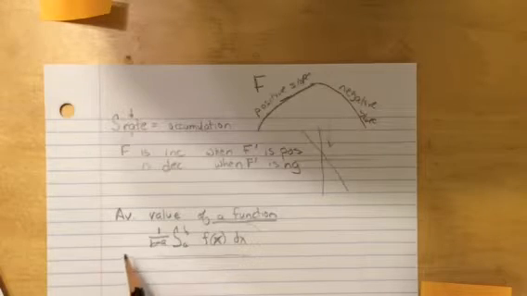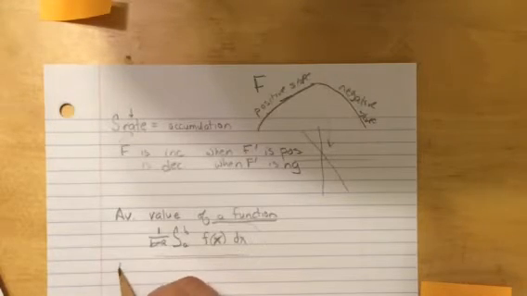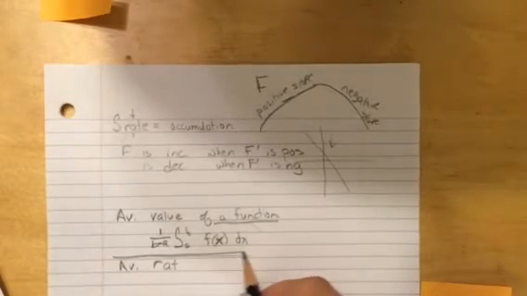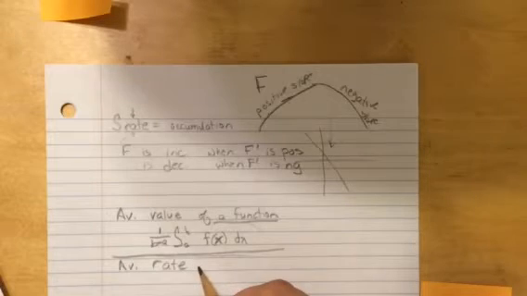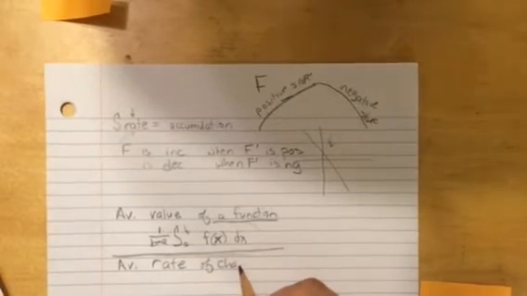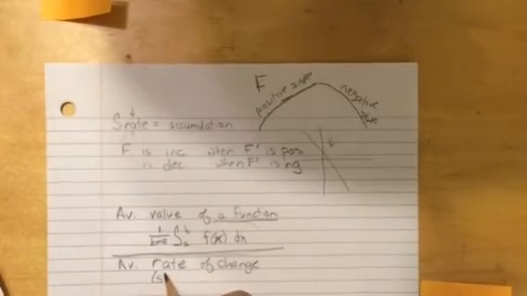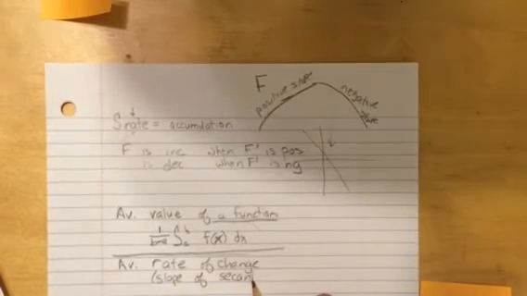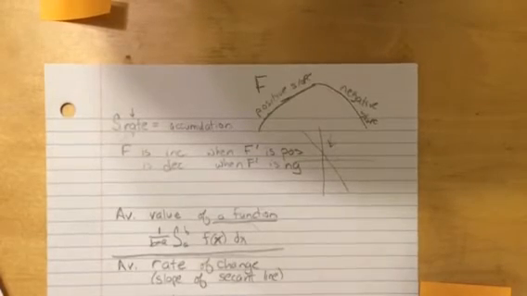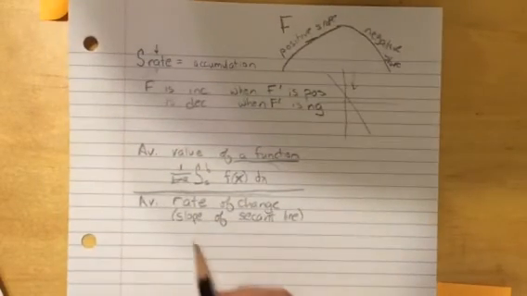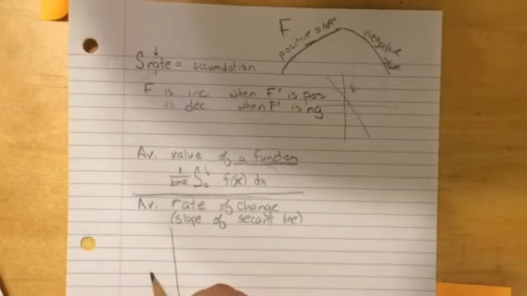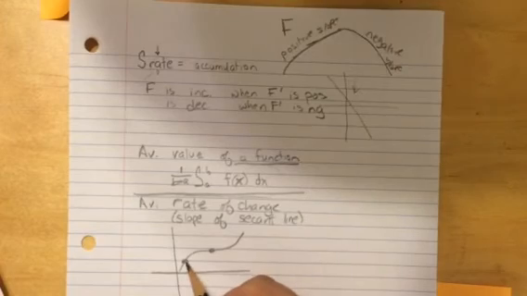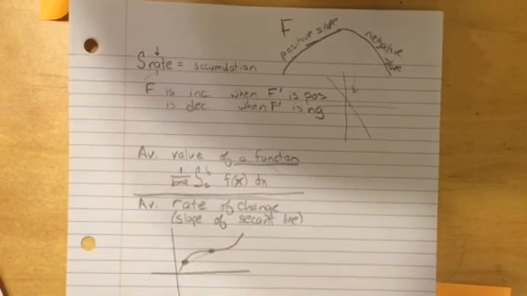Another thing we need to know for this one is the average rate of change. And this is such a great time to talk about the difference. So the average rate of change is, you may remember from a long time ago, the slope of the secant line. So if I wanted the average rate of change right here, between this point and this point, I literally just need the slope there. And if you recall,